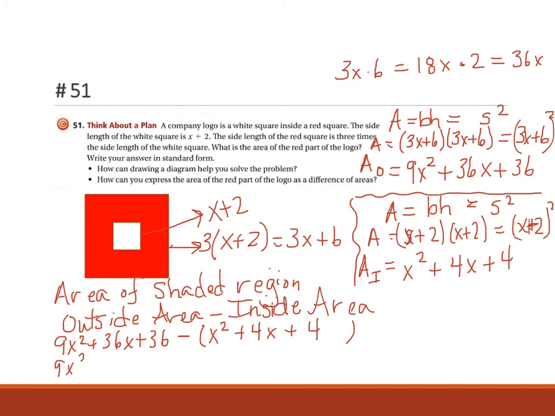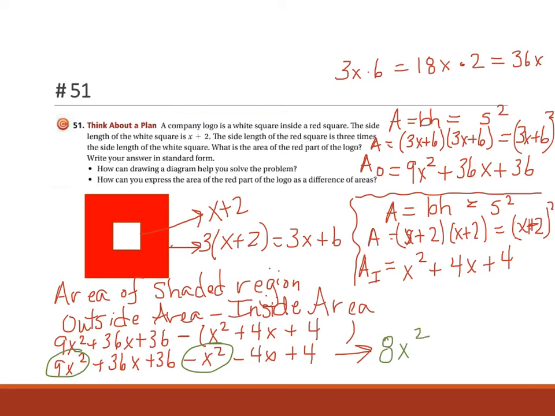So I'm going to rewrite the first trinomial. And then I'm going to distribute the negative, which makes all these signs change. And then I can combine like terms. So 9x squared here and negative x squared here combined will make 8x squared. Those two then are gone. And let's try to combine the other ones. I've got 36x here, negative 4x here. So if I combine those, I get positive 32x. And then lastly, if I put the 36 and the 4 together,